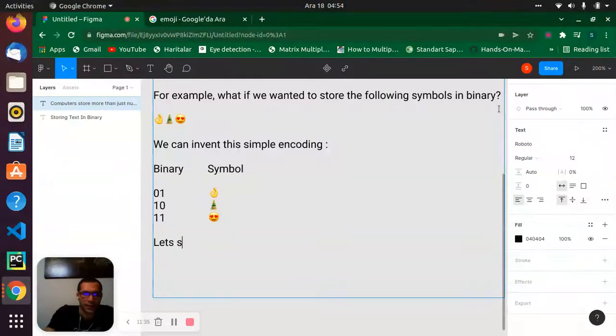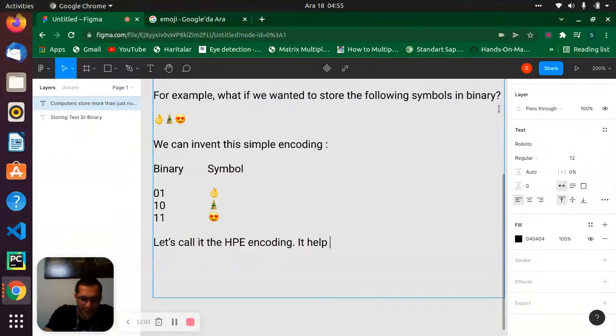Let's call it the HPA encoding, something like that, okay? Also, you can put another name, it's really not important.